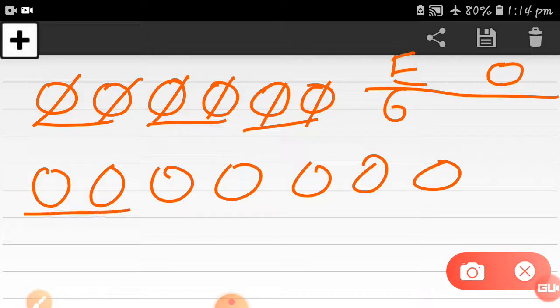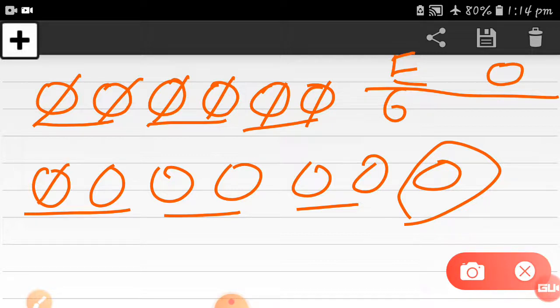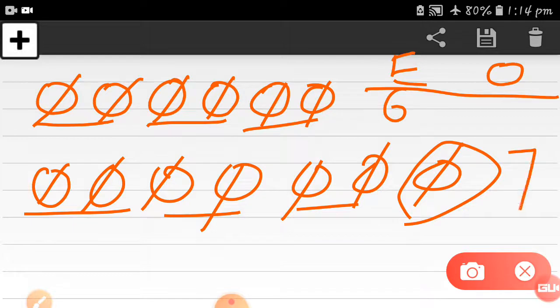Let's make pairs here. 1 pair, 2 pair and 3 pair. There are 3 pairs, but see, this 0 is alone now. This 0 has no pair. There is no second 0. So here are 3 pairs, which means 1 2 3 4 5 and 6 having pairs, but this 7th one has no pair. So this number 7 will go with the odd numbers. Hope you understood what I am trying to explain to you.